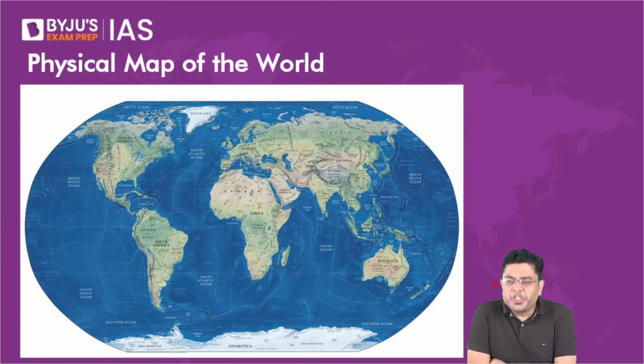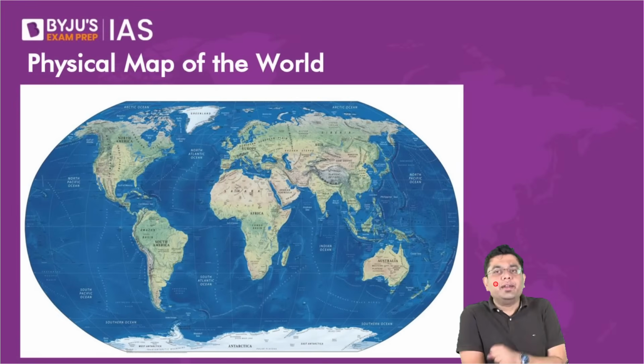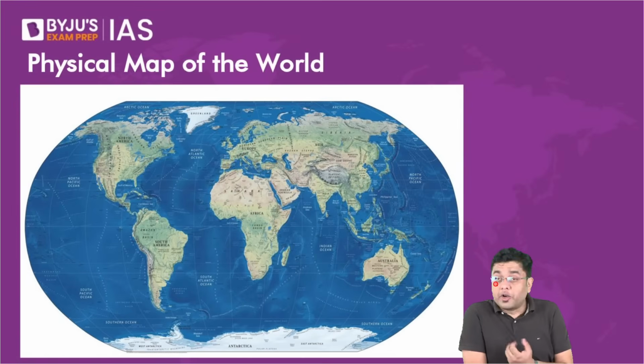Now, before initiating the discussion on continental drift, first of all, let us understand the background. Under what conditions was the continental drift theory first postulated? And what is it that it wanted to convey? So, you have to understand that ever since mankind became curious about their own place on the planet Earth, they started exploring different areas of the planet. And obviously, cartography was one of those prized professions where drawing the accurate map of the world was a very rare phenomenon because nobody had explored the world quite significantly.